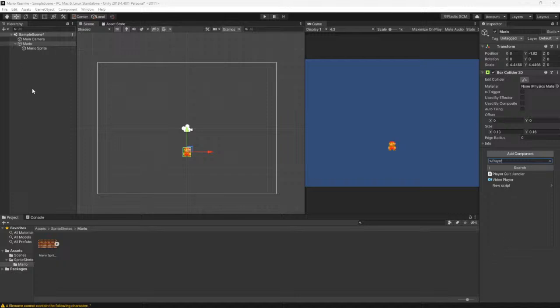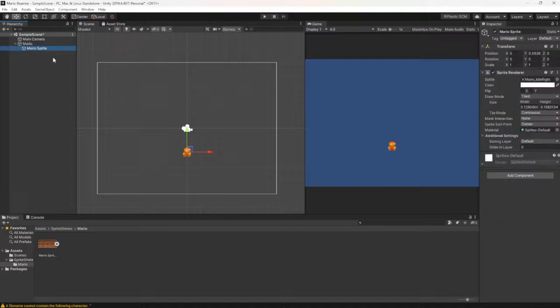Is there no such thing as a player control? No, that's just hi. How to make